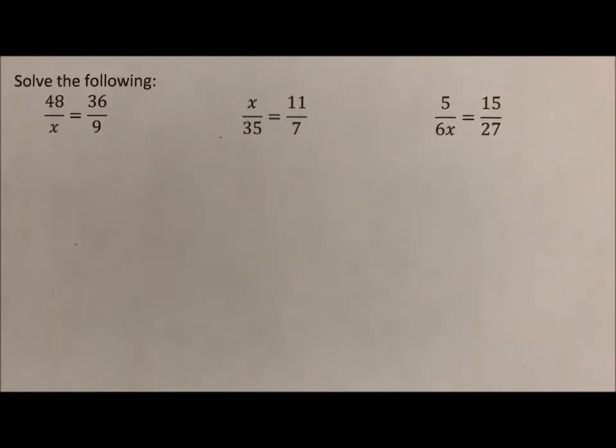Today I'm doing a series of videos on proportions. For this one, we can do it two ways. One way we could do it is we could just simply do cross multiplication. So if we did cross multiplication, we would do 48 times 9